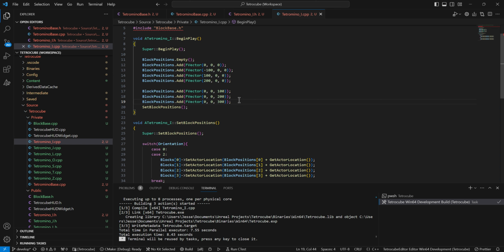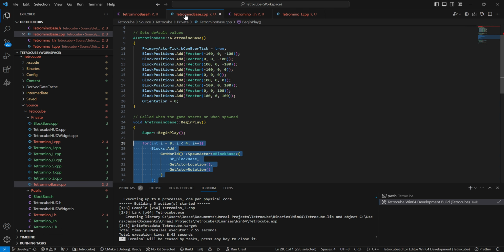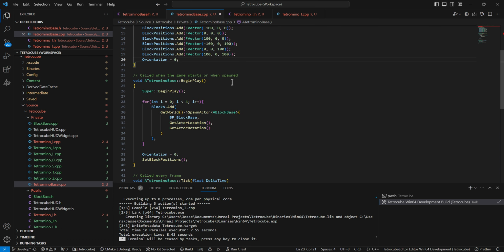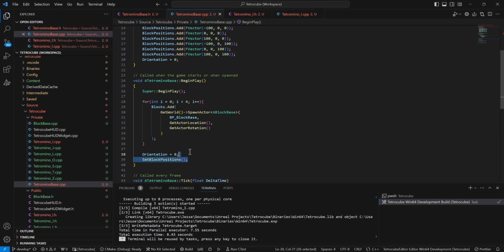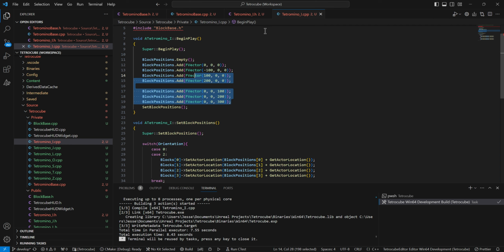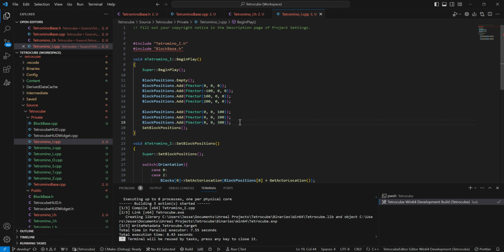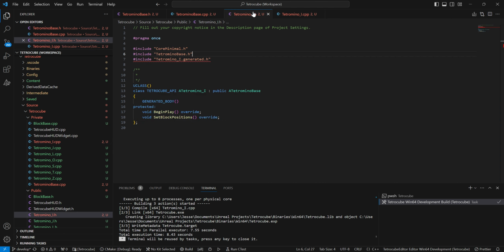Okay, I see what the problem was. So in Tetramino base, when begin play runs, everything is in the constructor. And then when begin play goes, it sets the orientation and set block positions. But down here, I had all this set up in begin play. I did not have it set up in a, I need a public